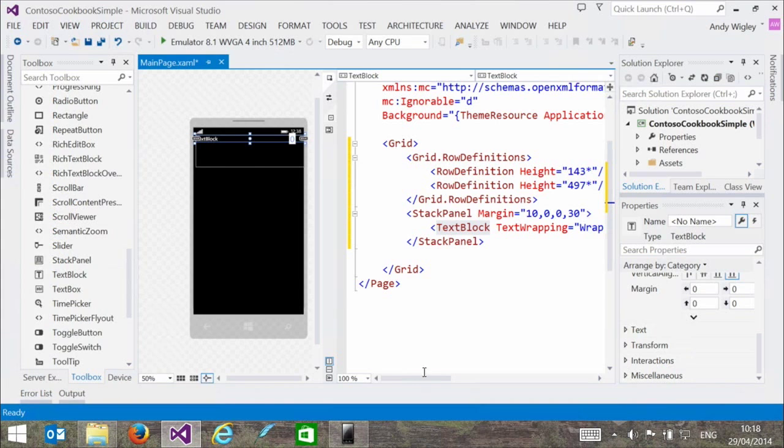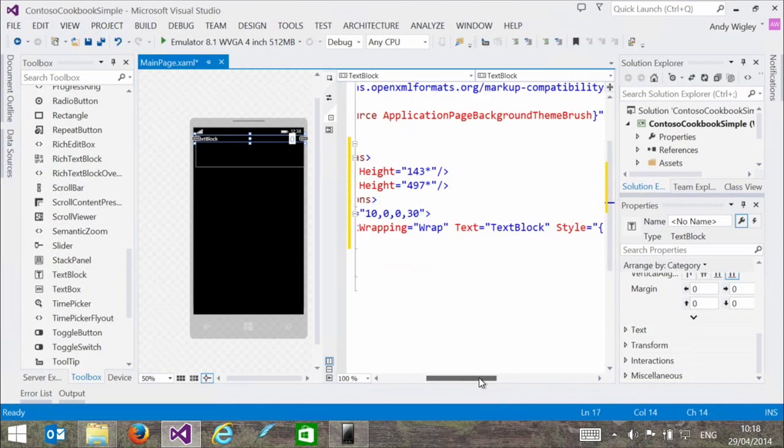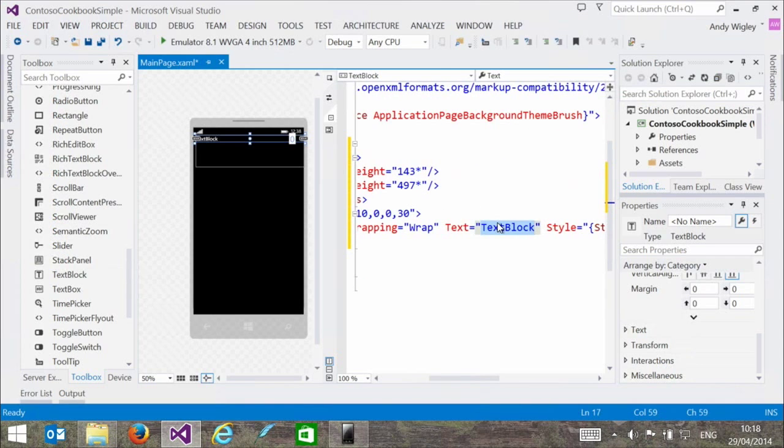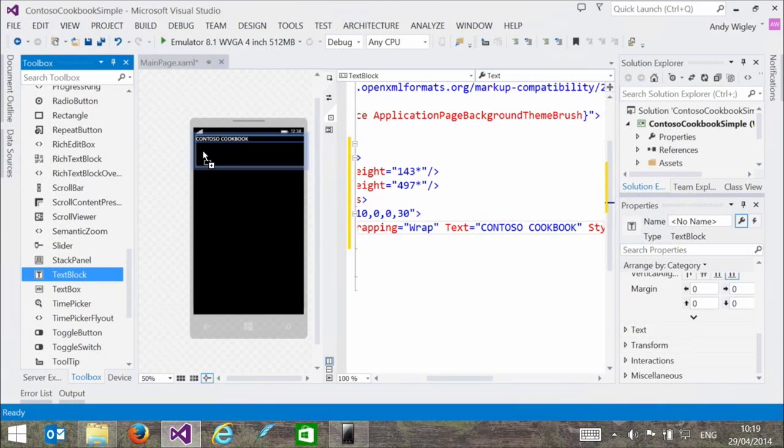Oh, not so big, not so small. The next one's going to be bigger. And I'm going to change the text on that to what it should be, which is, of course, the Contoso cookbook. So there's our header.